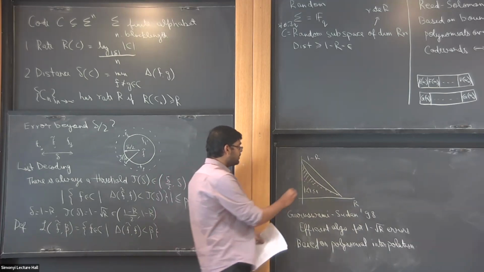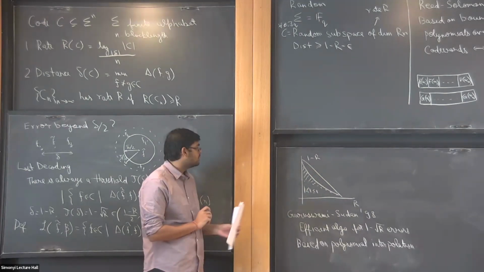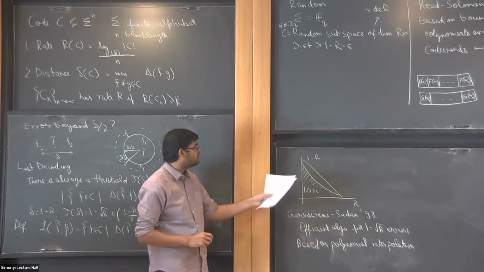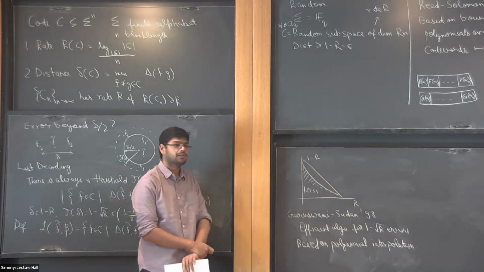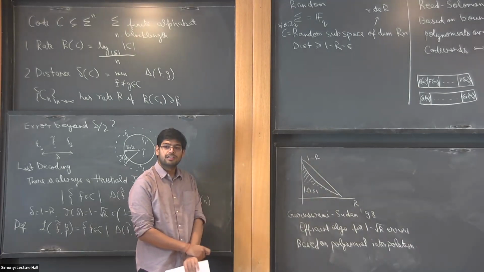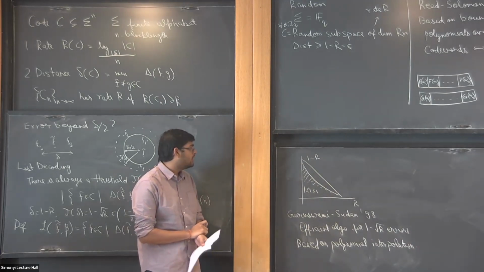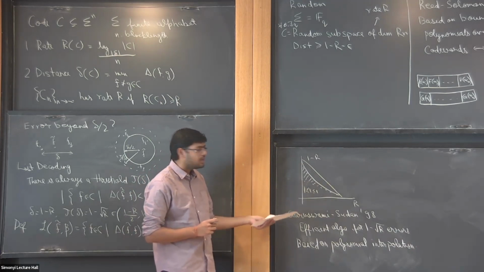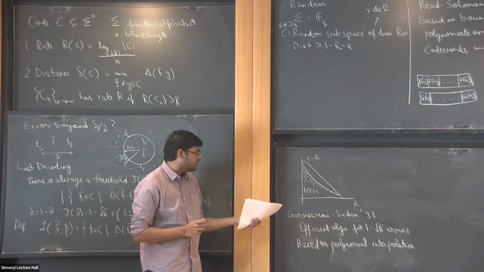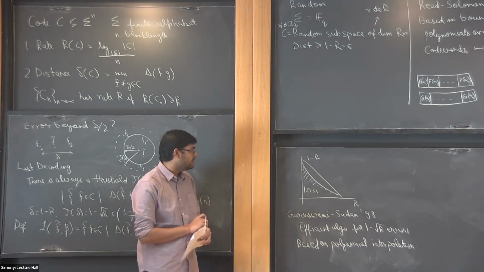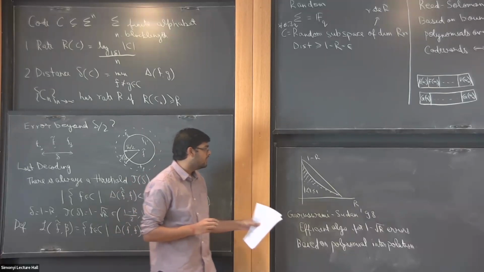But there's also this gap between 1 minus square root R and 1 minus R. So the singleton bound argument can be modified to show that even for list decoding radius for rate R code, we cannot do better than 1 minus R. So 1 minus R is the best error correction radius we can hope for. But this gap between 1 minus square root R and 1 minus R is not so clear. And for a while, people tried to push this 1 minus square root R to 1 minus R until